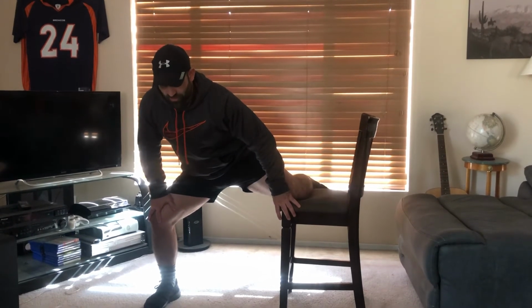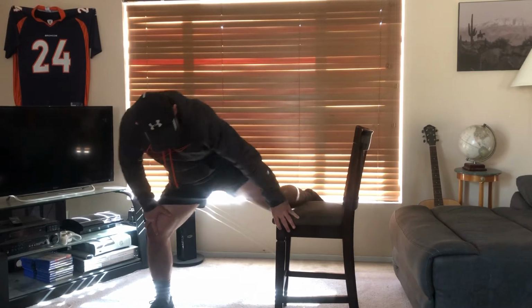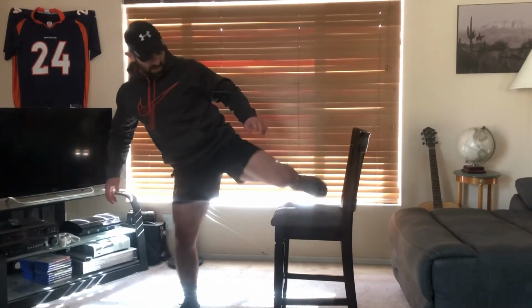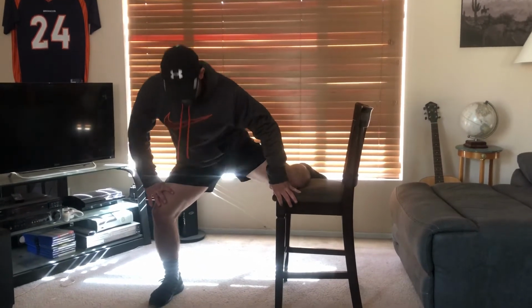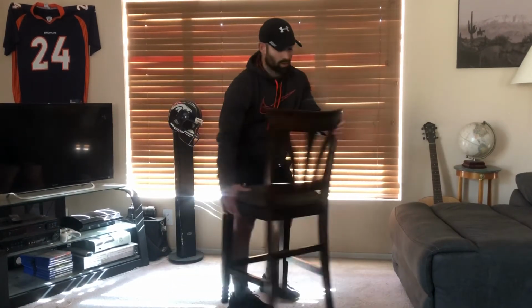Everyone's gonna be different, especially if you have different leg lengths. I have shorter legs, so it's just gonna have to be kind of feel it out. If you wanna go straight out like this, that's fine. I'm gonna go from the knee here, and I'm just gonna get as deep as I can, come up tall. We'll go a couple more, and we'll go left side,